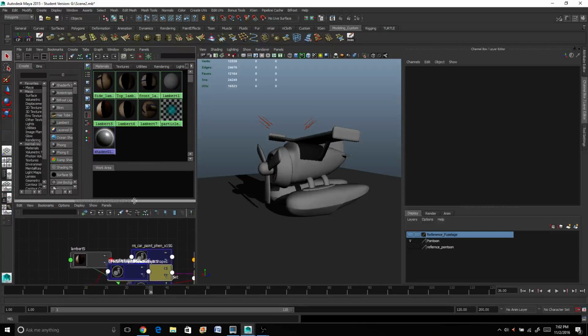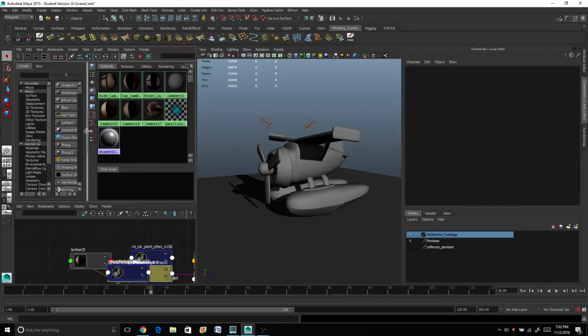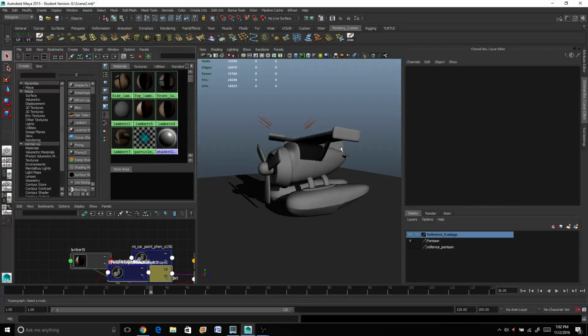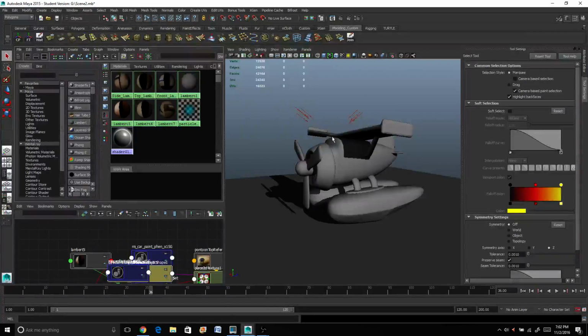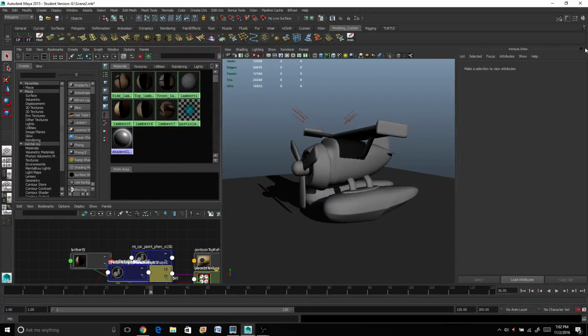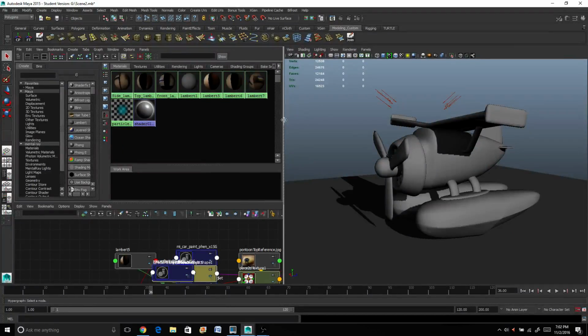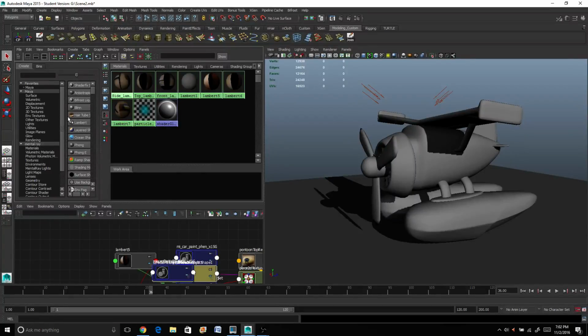Okay, so move this over so there's a little bit better of a workspace. Get rid of that and that. Okay. So inside your hypershade, there's the regular Maya shader nodes, which is the Lambert, which every object is assigned to by default. That's where we create those. So you see surface, Lambert. If you look a little further down, it says mental ray, and those are where the shaders from mental ray